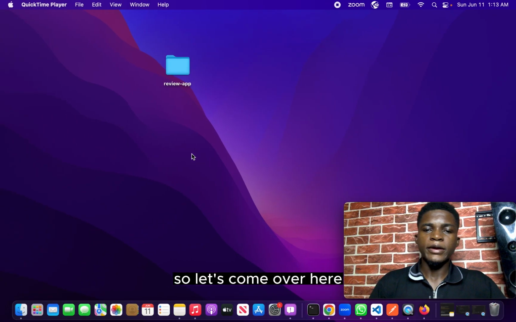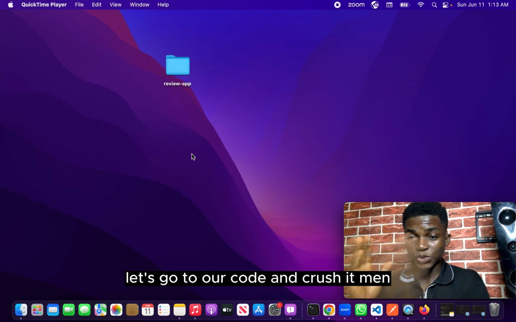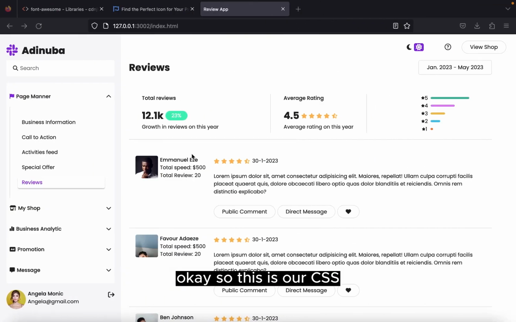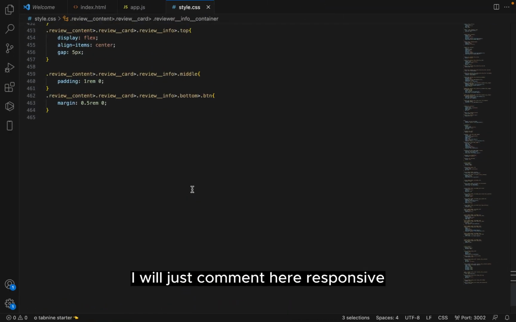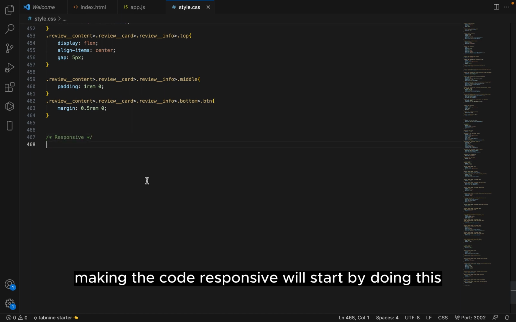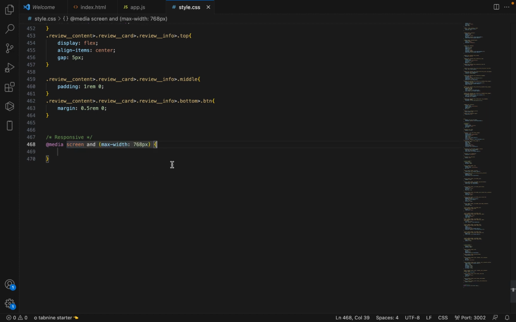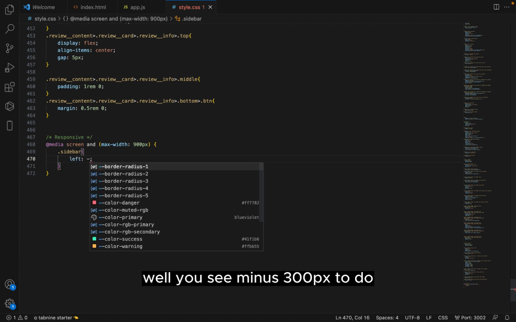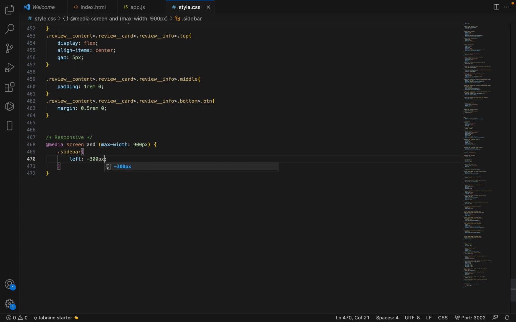So let's come over here. Let's go to our code and crush it, man. Okay, so this is our CSS. I will just comment here, responsive. Making the code responsive, we start with the Windows. Okay, let's change this to 900. So first we make the nav bar to be responsive, where it will say minus 300 pixels. The nav bar